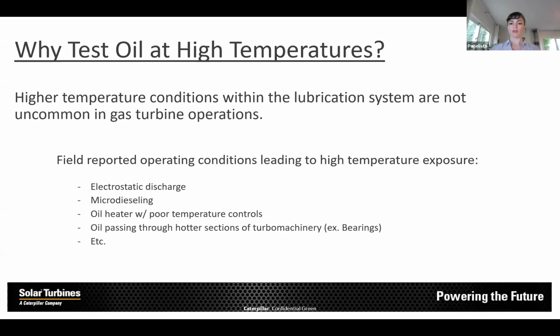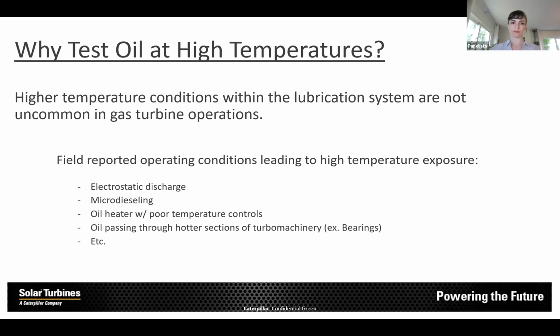But once we bring it down to the temperature regime that we are testing for here, we see situations such as where an oil heater is present, but it has poor temperature controls. The oil surrounding that oil heater might encounter the temperatures that we are testing for. In addition to that, oil that is passing through the hotter sections of the turbo machinery, for example in the bearings, certainly does get exposed to some of these higher temperatures. It is not the entire bulk of the oil that is sitting at that temperature the entire time, but those momentary exposures to this temperature do open the door to these degradation pathways that we will be discussing and seeing in the next few slides. So some of these situations are part of the reason why we are interested in the degradation mechanisms